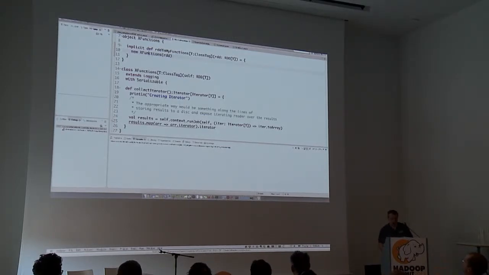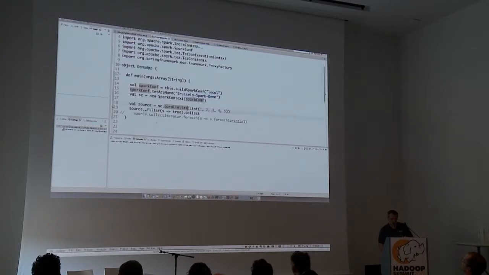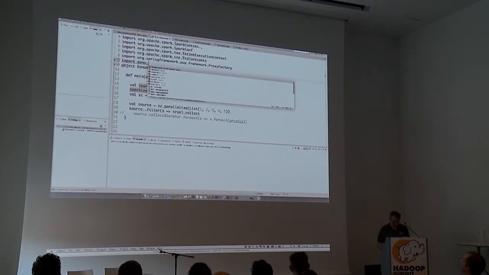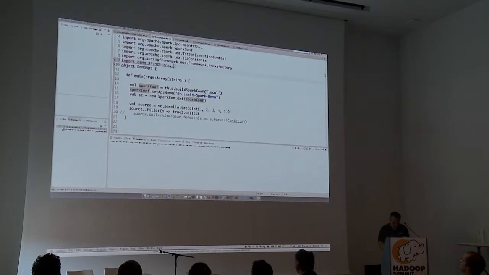But the bottom line is, once I have this, I can go back to my code and say import demo, where is it? X functions. And now I can say source collect iterator. So all of a sudden I have a new method, and even if I introduce a filter, it would still compile and everything would be fine, right?